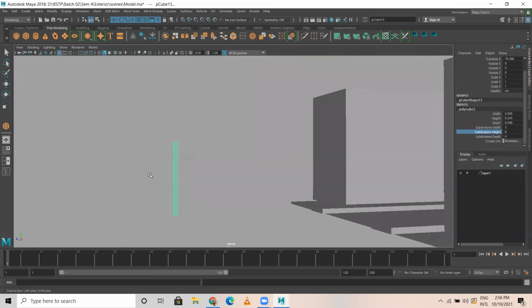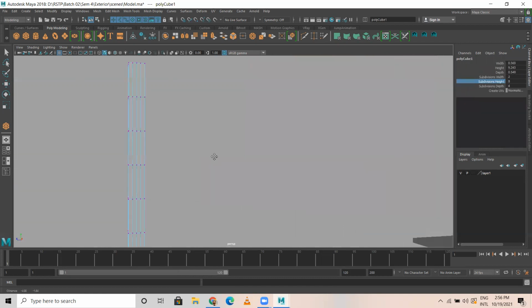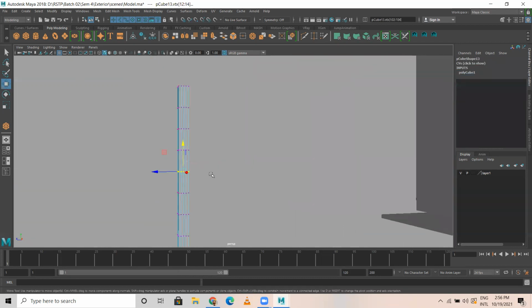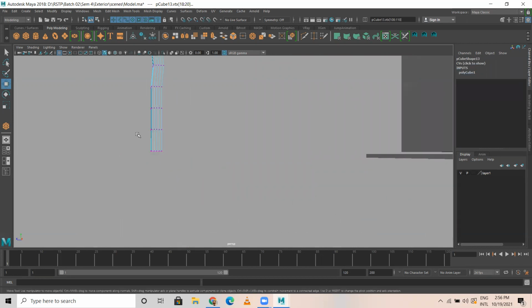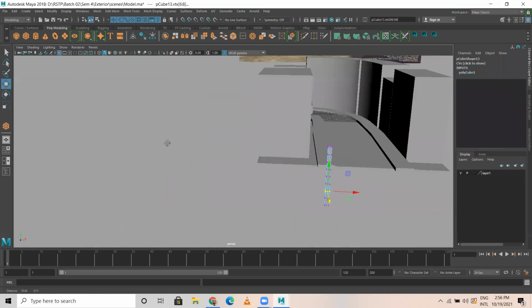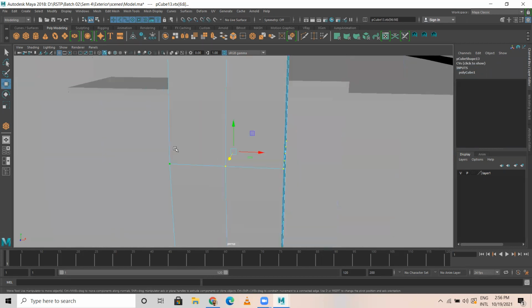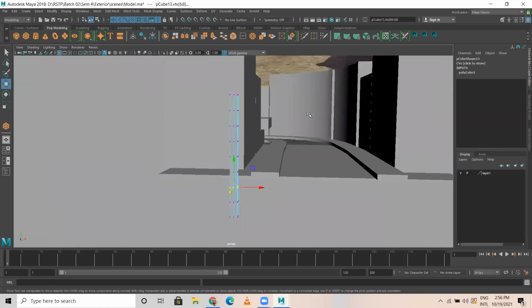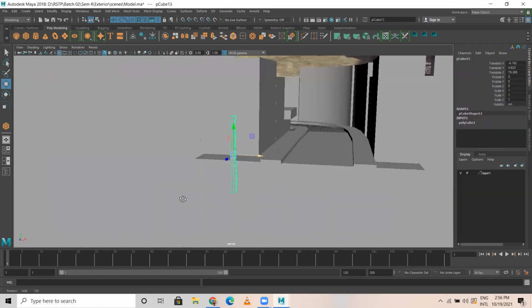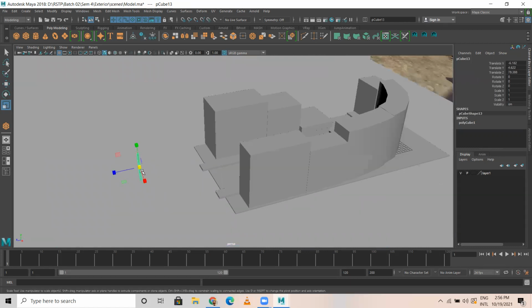These are so straight, so just a bit of modification. I don't want this to be a straight object. Even from this angle as well, I'm going to change it a bit. I'm going to place this here because this is a canopy.